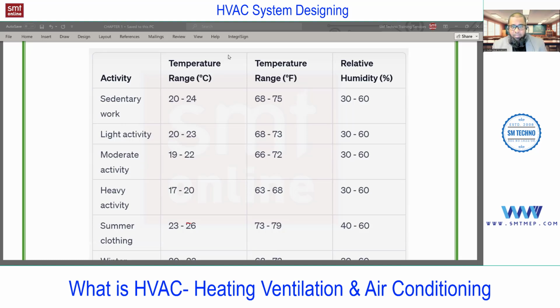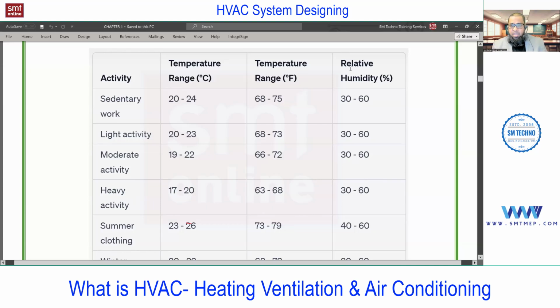At this level, if you are a beginner and if you don't know what is RH, don't worry, we have a separate topic in chapter 4 at the time of psychrometry. But I believe as a mechanical engineer, you should know what is RH, relative humidity. But don't worry, if you don't know, we'll discuss. Maybe you learned it in engineering 5 years back or 10 years back, so you may have forgotten that. So don't worry, we'll discuss. We'll refresh all the basics also. After completing the basics only, we'll start the building survey chapter 6.